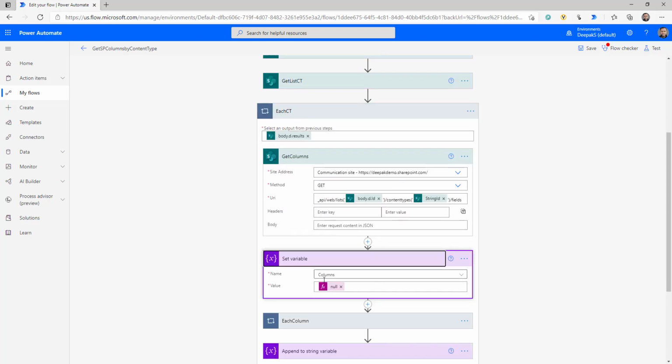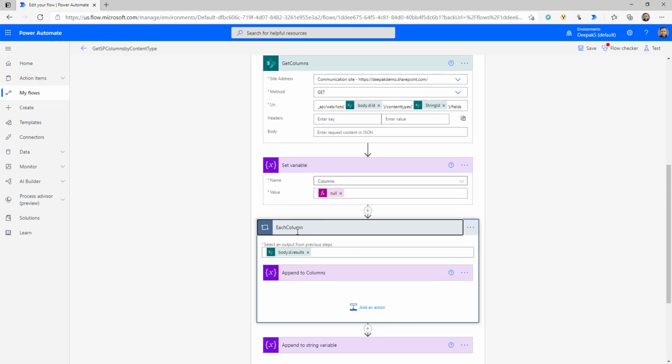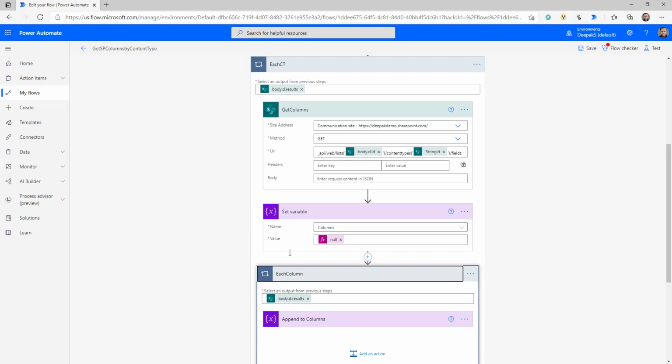Okay, now before we move forward, we are setting the columns variable that we declared at the top to null, so we are reinitiating it. And then what we are doing, as you can see here, is going through each column. Now this looks very similar. The only thing that has changed is